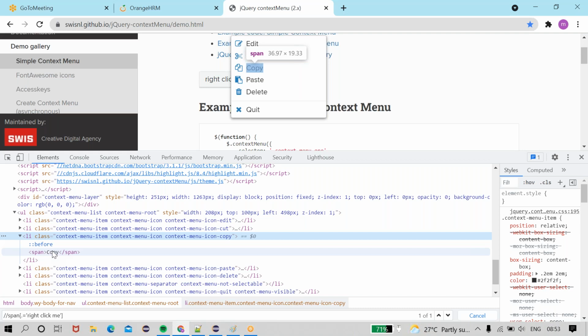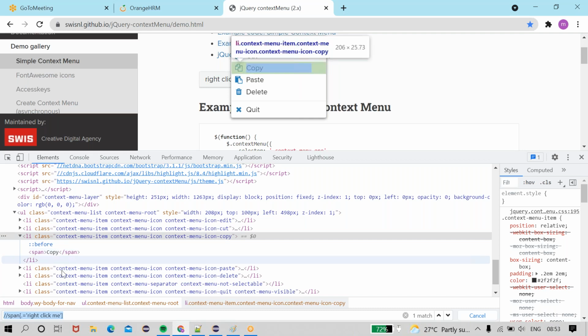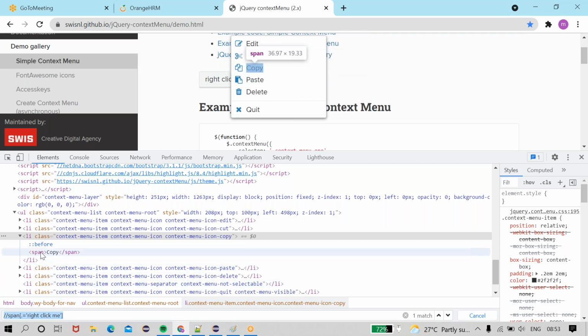I want to get this text. How to get this text? Simply, if there is any text within these quotations, these greater than, less than symbols, the name is span. What is the name of this copy? I am just writing copy here itself. See, it is highlighting one of one result. This copy is highlighted.